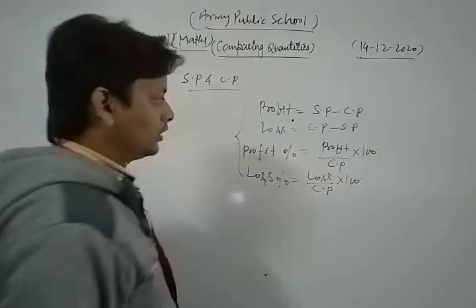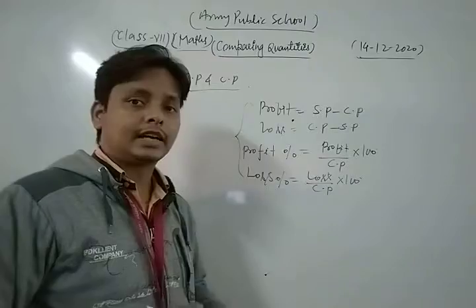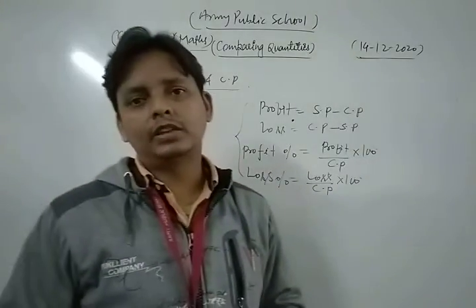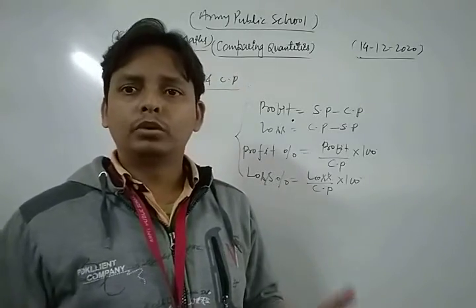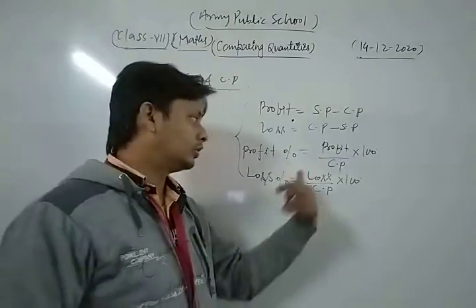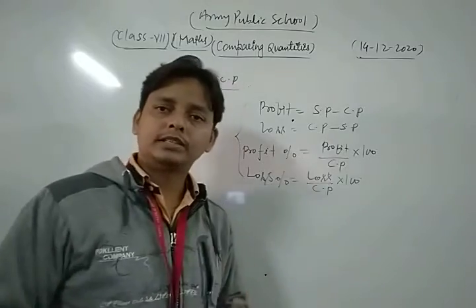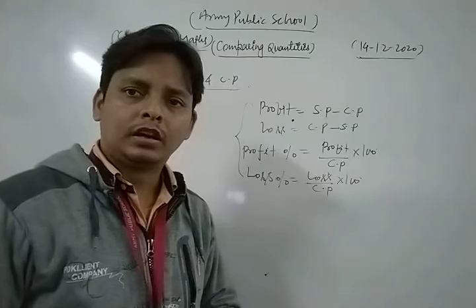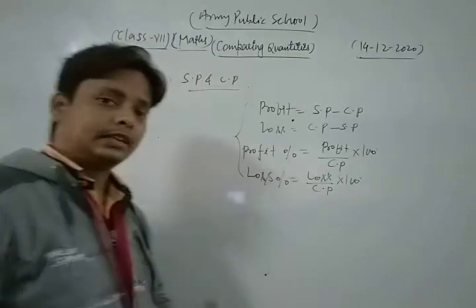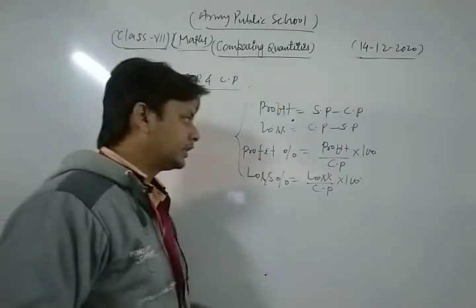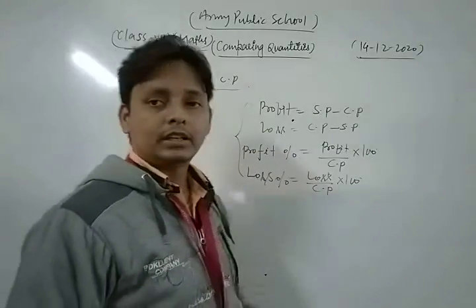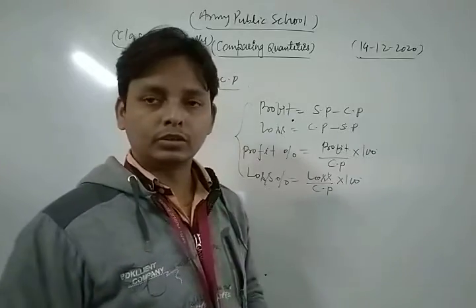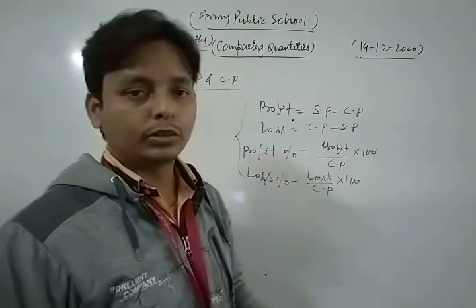So these are very important formulas related to that topic. One important thing is that profit percent as well as loss percent are both calculated on the cost price of an object. Cost price is the price at which we purchase any item, so that is called its cost price. So profit percent is given by this formula.